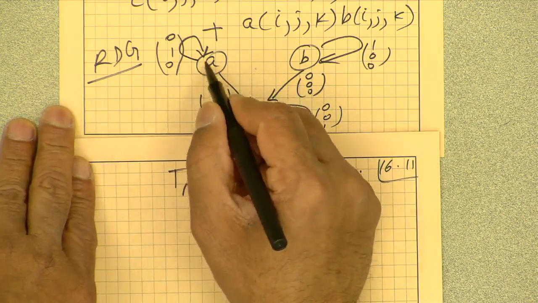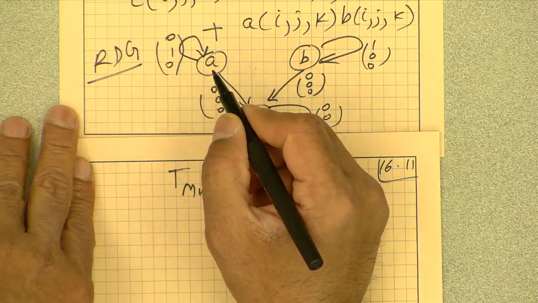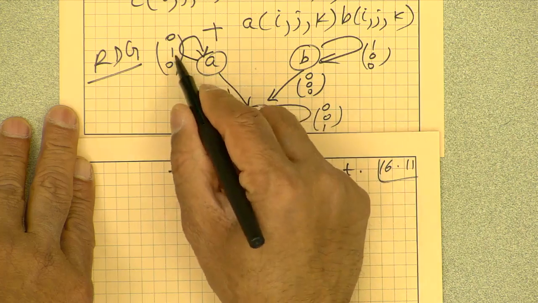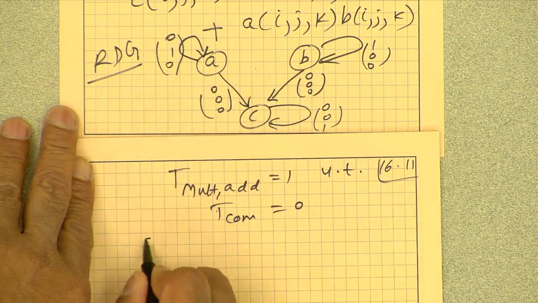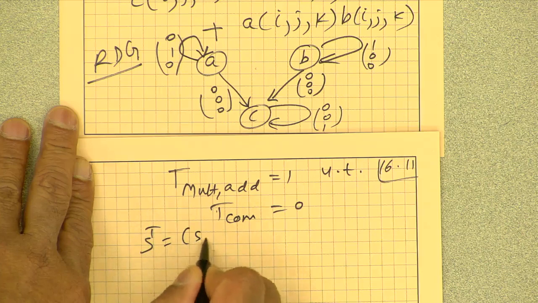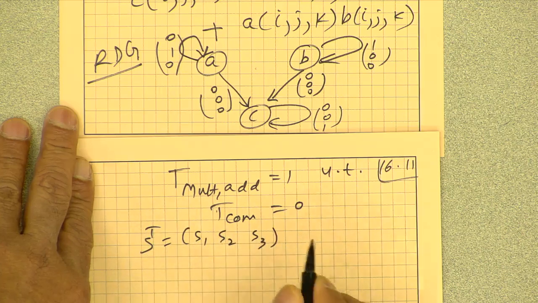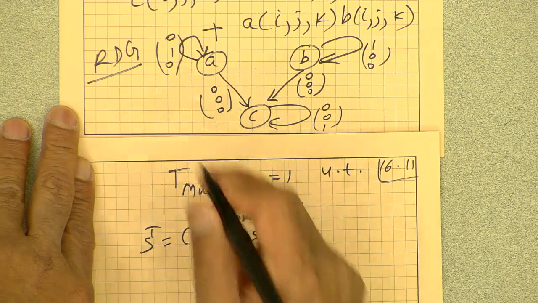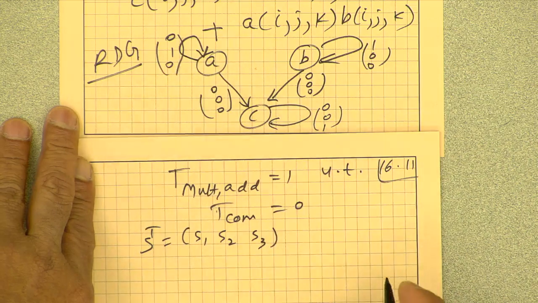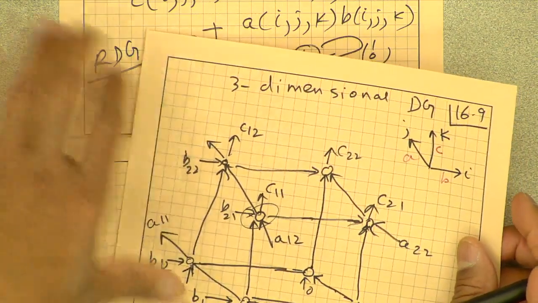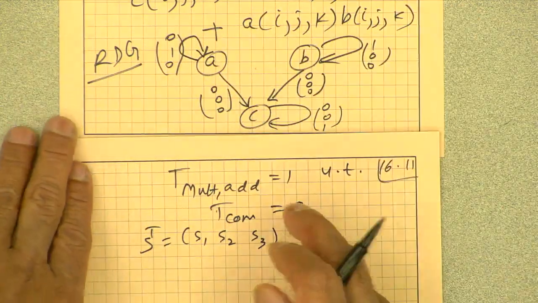So, let us say S transpose is S1, S2, S3. So, S transpose A, okay, so A traveling in whatever direction, there is no communication delay, is assumed to